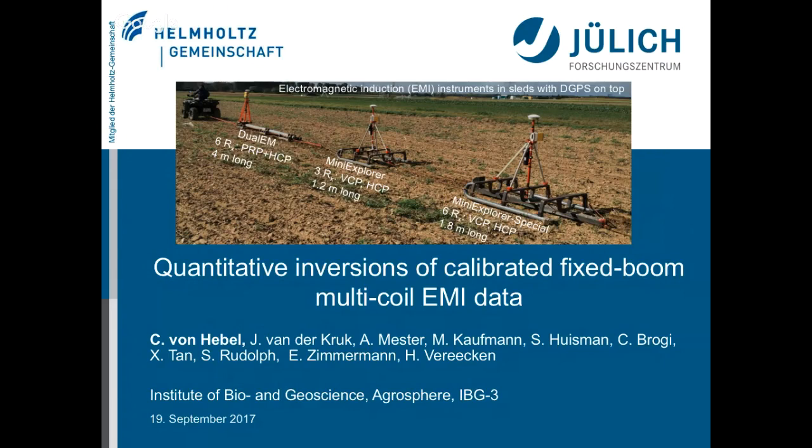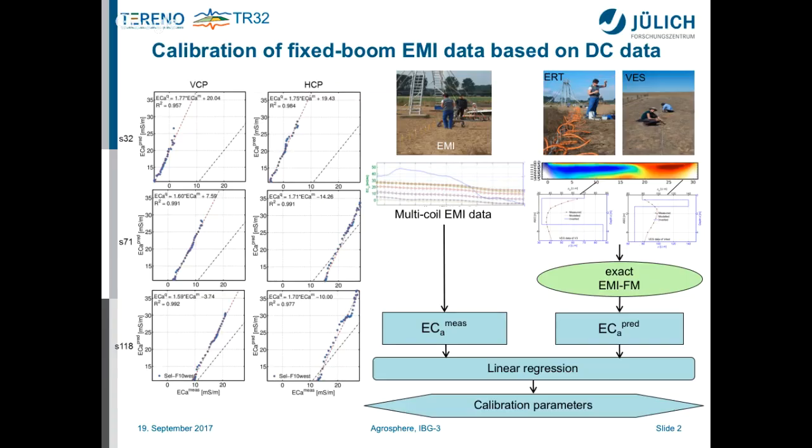So on the next slide, this looks a little bit busy, but I shortly explain the calibration that we do. We measure with our multi-coil system along a relatively short transect, so we record EMI data, and we co-locate either electrical resistivity tomography measurements or vertical electrical soundings on the same transect. This is at a test site that basically should represent the whole ECa range from super low to super large of this particular test site that we're currently investigating. So what we use is